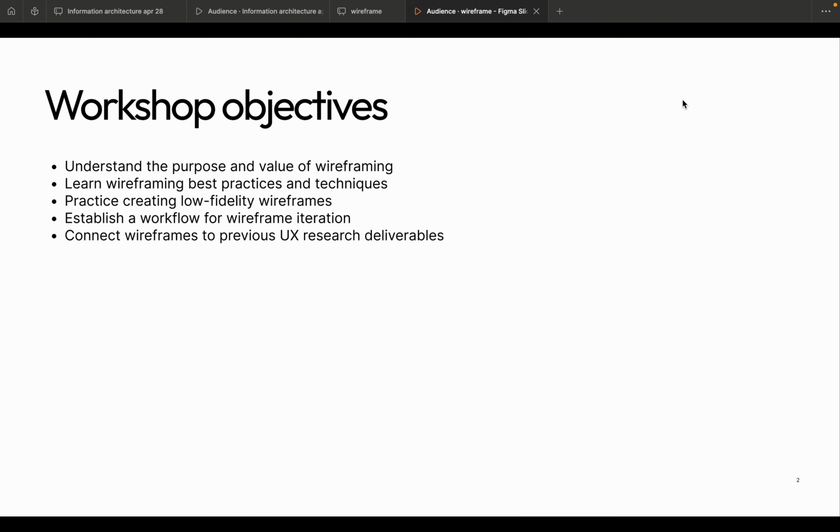So here, what are the goals that we can achieve by doing the wireframe is that we will try to understand the meaning of it. Why do we need to do wireframe before we proceed with the high fidelity mockups, before we proceed with the UI, and we'll also learn the best practices and techniques to create your own wireframe,